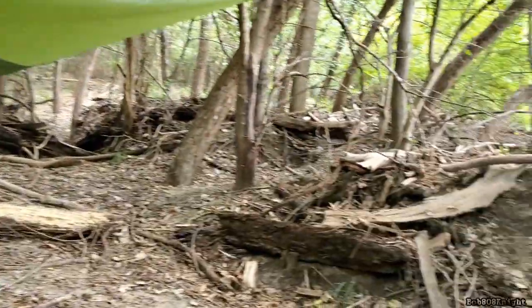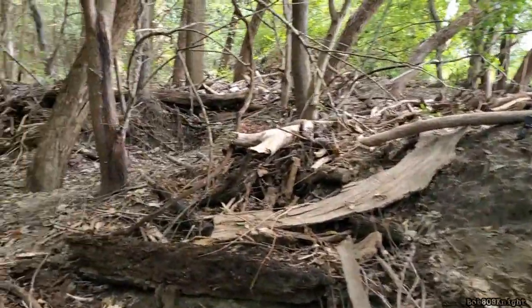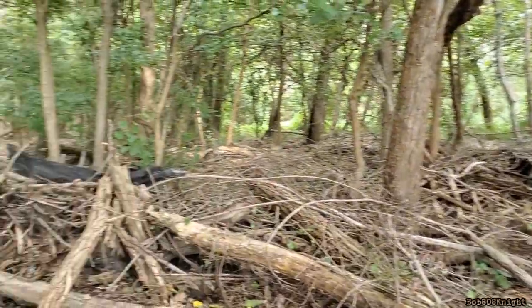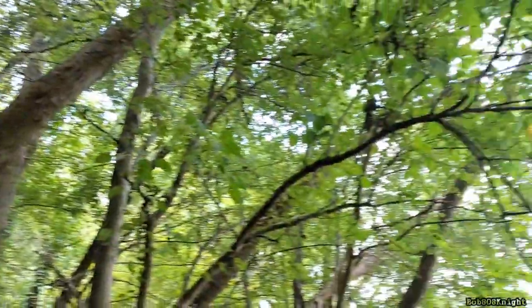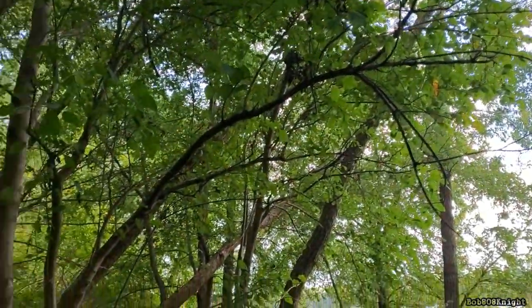So, oh my goodness, ow. Hey, it's gonna rain. Boy, it sure looks like it's gonna rain. That would be freaking awesome. Anyway,